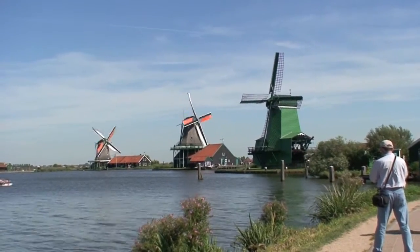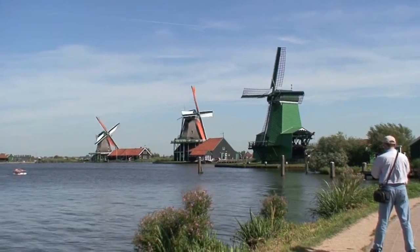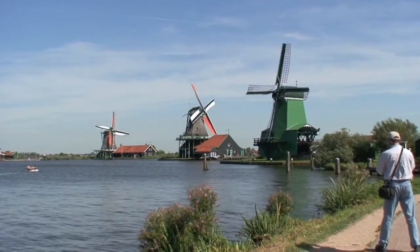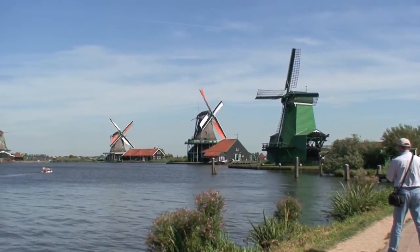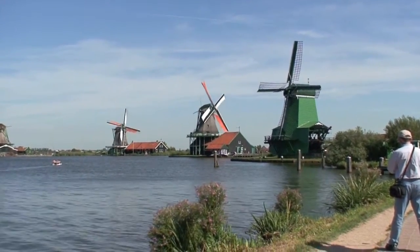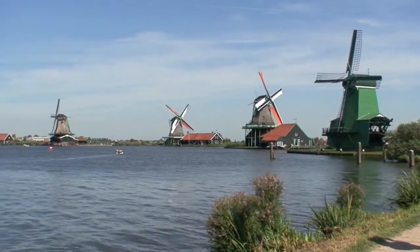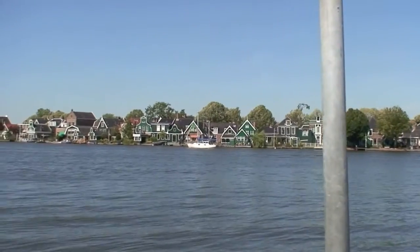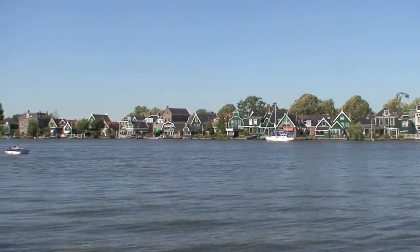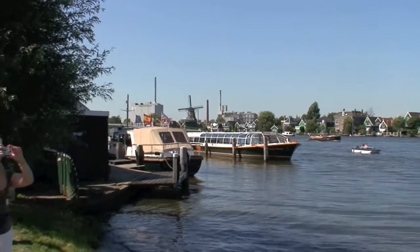This is the open-air museum of Dutch culture. A lot of these buildings are originals that were taken apart from wherever they were and restored here. So the winding shores of the country,